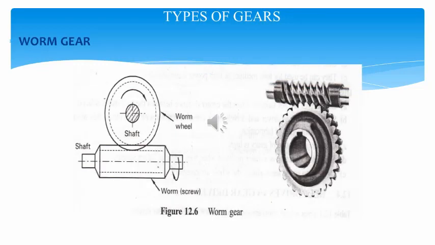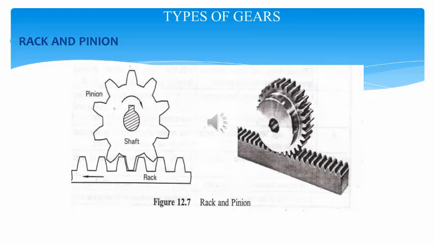So this is a worm gear used to transfer rotational motion to translational motion or vertical motion, or to transfer the motion in two different axes. A typical example with the diagram is shown here. This is the rack and pinion gear. So here the shaft revolves whereas the pinion moves to and fro. So this rotational motion is converted to horizontal or longitudinal motion.